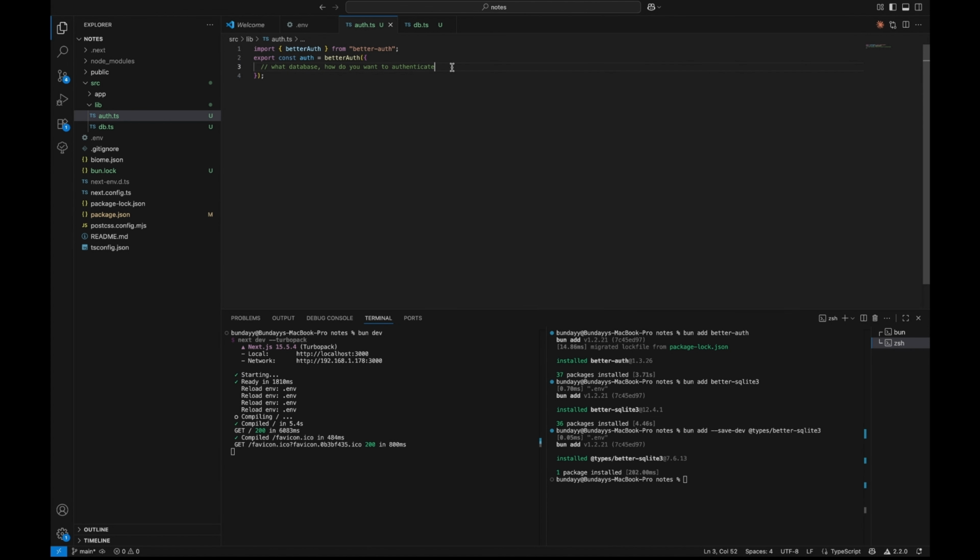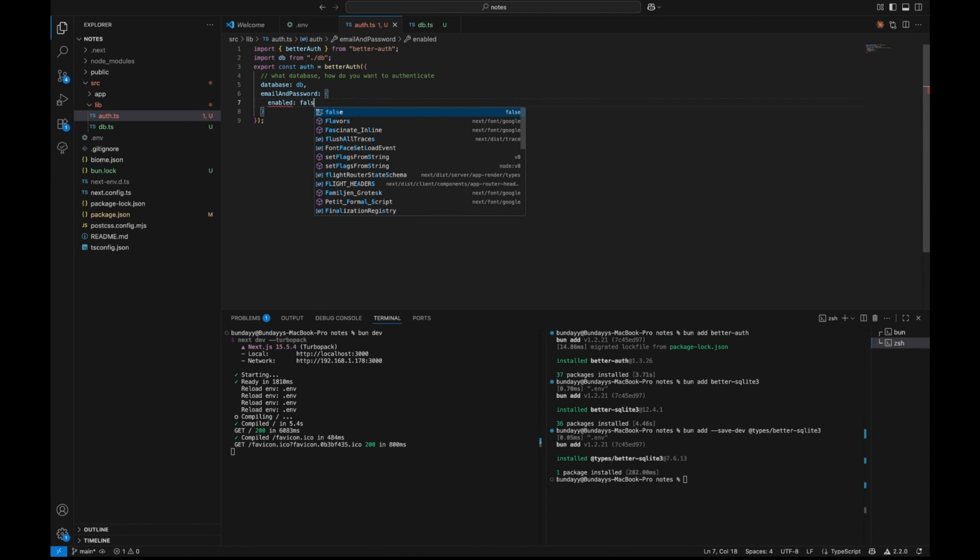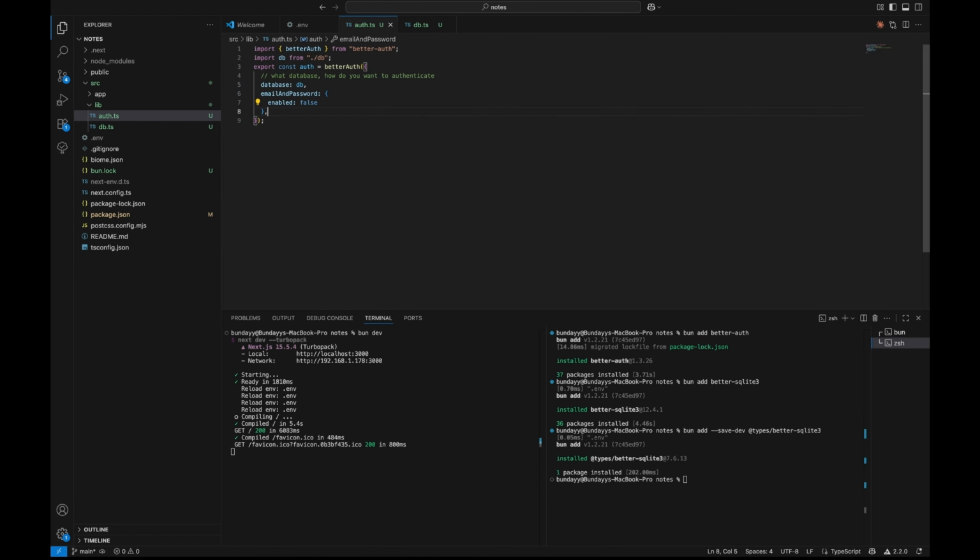We have our auth system. Now here we have database. We're going to now select the DB we created. Now in terms of how to log in, the default way people probably use is email and password. But for me, I'm not going to use email and password because I feel like it's so stale. So I'm going to set it as false because I don't want anyone to log in with email and password. So I'll just use social providers, and I plan to use GitHub for the sake of this